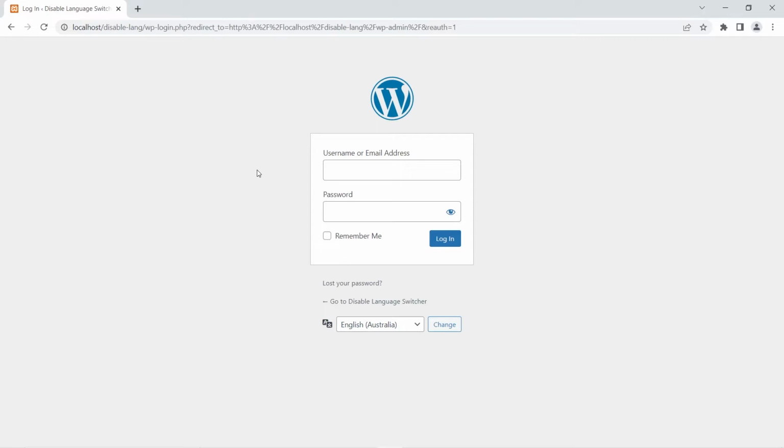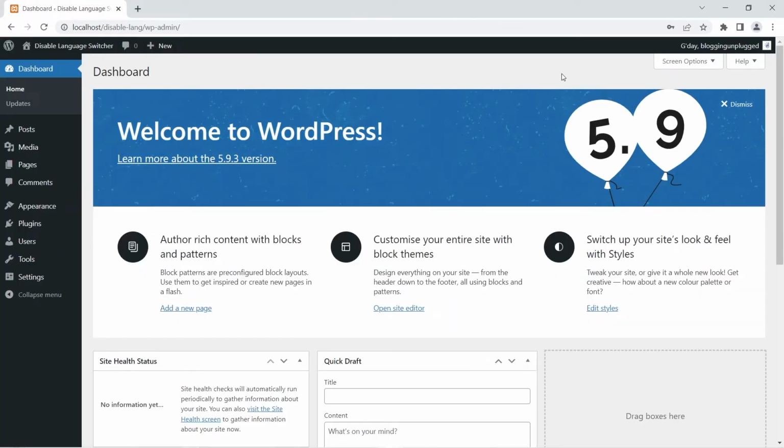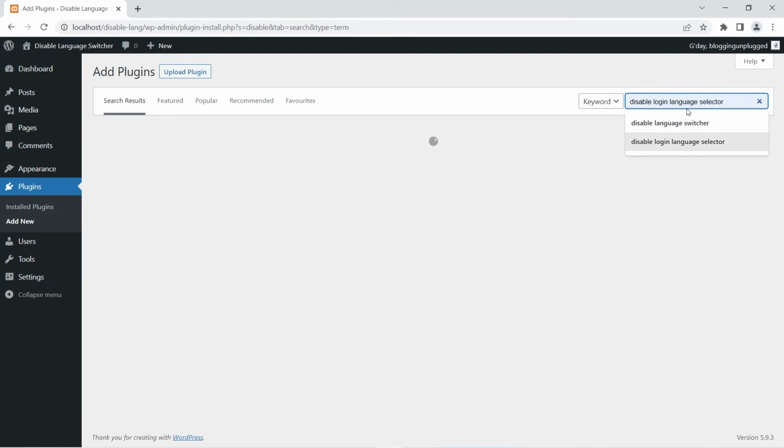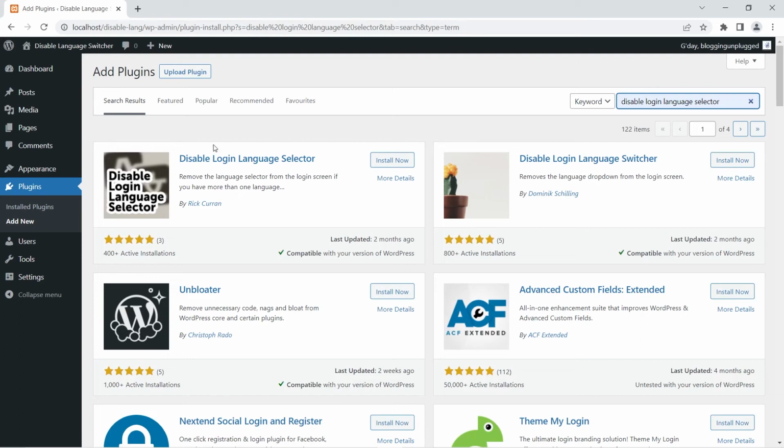Okay, so for the installation of this plugin, let me just log into my WordPress dashboard and then I'll take you through the process. Now to install this plugin, what you need to do here is go to plugins, then click add new, and then search for Disable Login Language Selector right over here. Now this is the plugin that we are going to use. This is another free plugin. Now to install it, you are going to click install, and click activate,